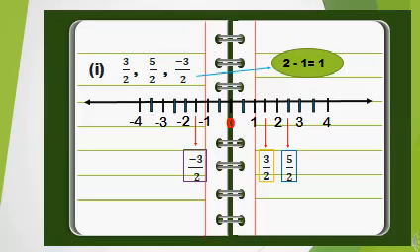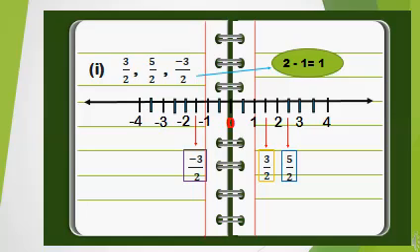After doing that, we will see the numerator. Our first numerator is 3. So, after 0, we will start counting. After 0, we will start counting till 3. 1, 2, 3. Where the third line comes, we will mark it as 3 by